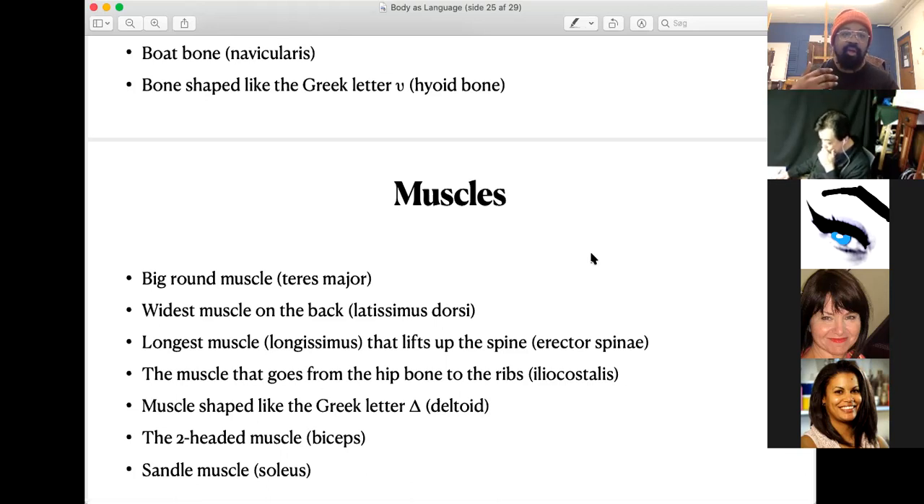I mentioned earlier the iliocostalis, along with the longissimus, are part of the erector spinae, meaning groups of muscles that lift up the spine. And architecturally, it's really great to think about those muscles, because as we're drawing them,